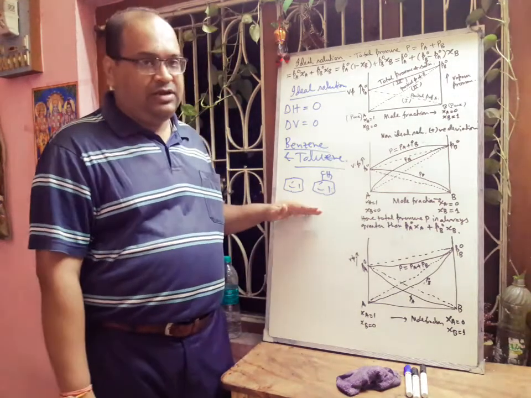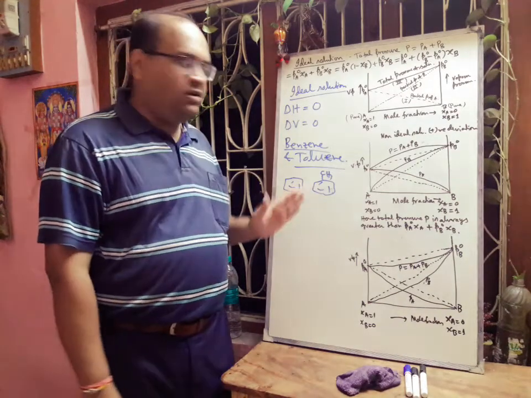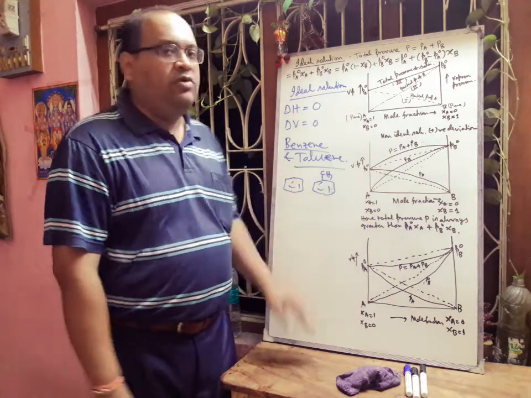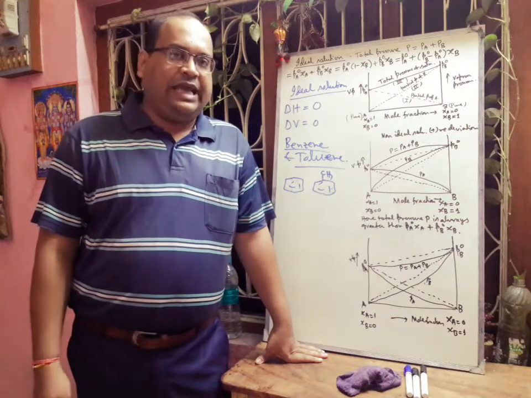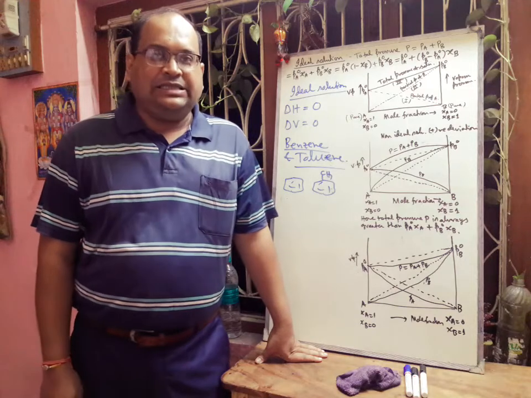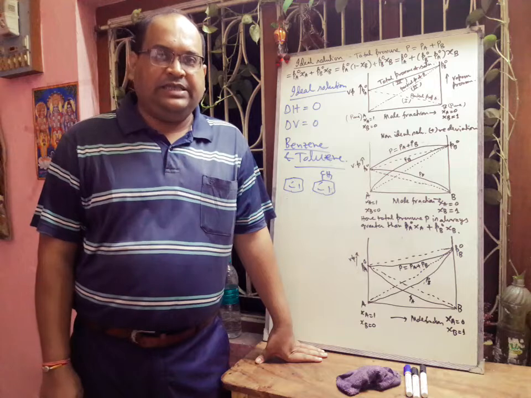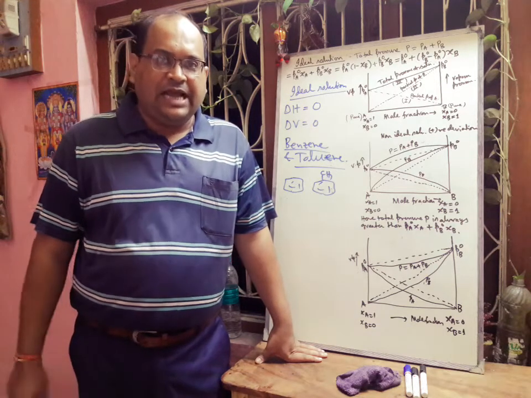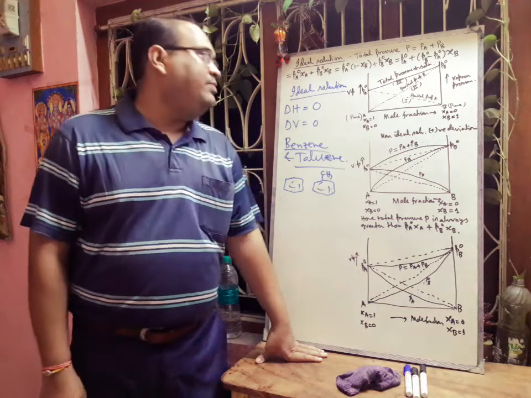So in this case, if we add 10 ml of benzene and 10 ml of toluene, there will be no evolution of heat or absorption of heat, as well as their total volume will be 20, and this solution will obey Raoult's law. Others may be like n-hexane and n-heptane, or we can take chlorobenzene and bromobenzene mixtures. An ideal solution may be defined as that solution in which no volume change and no enthalpy change take place on mixing the solute and the solvent in any proportion. Substances having similar structure and particles will show this type of ideal solution.